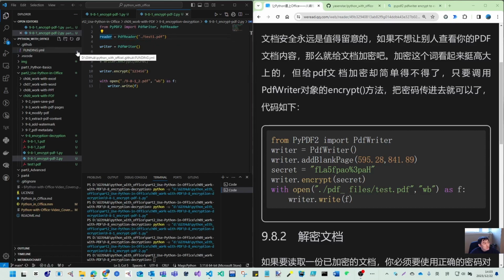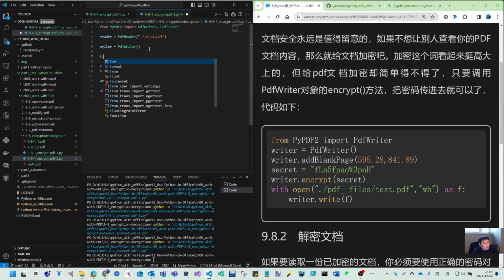And we have our writer. So those are the PDF writer. We have initial, that is also fine. So for the page in